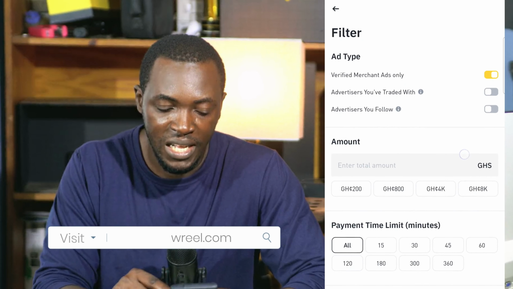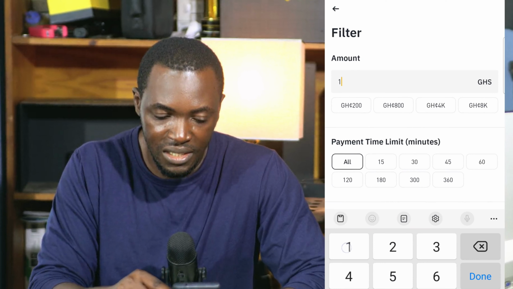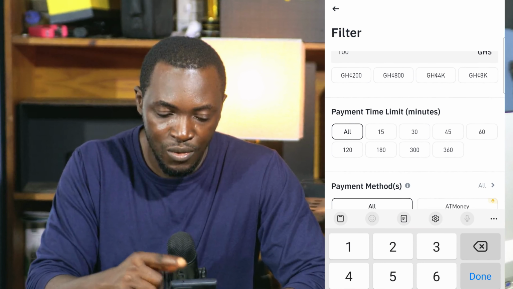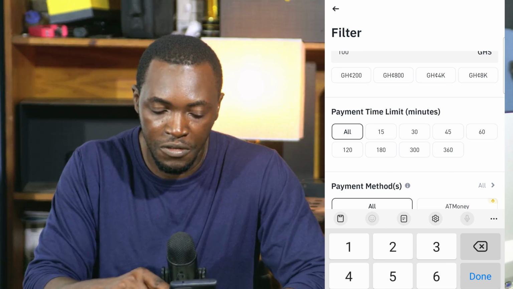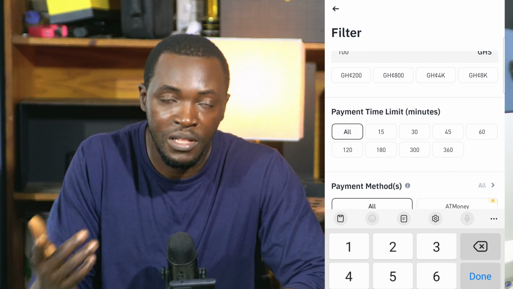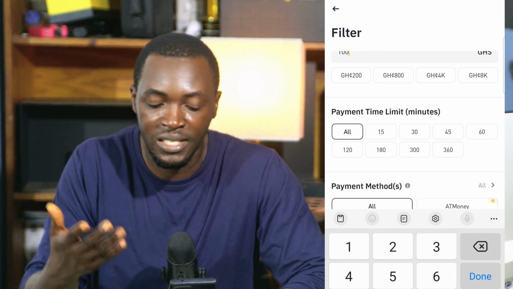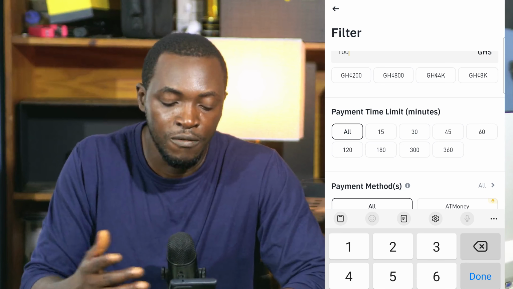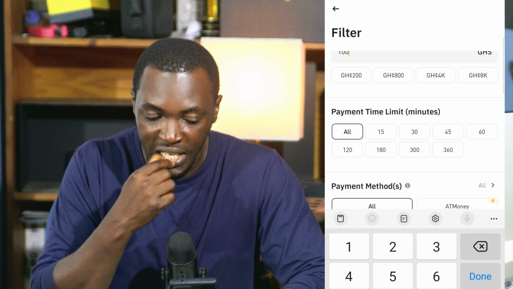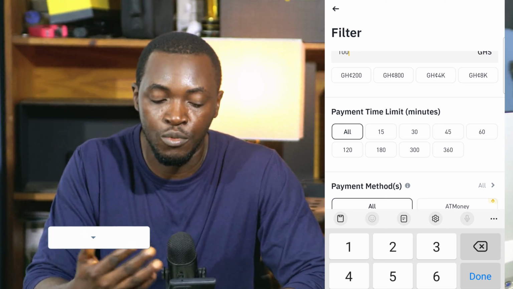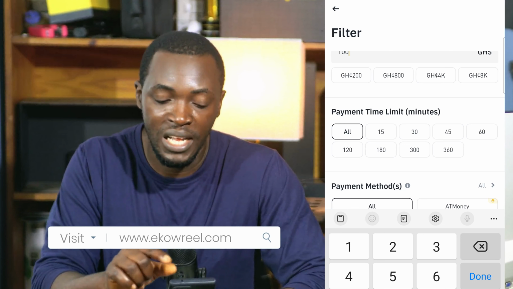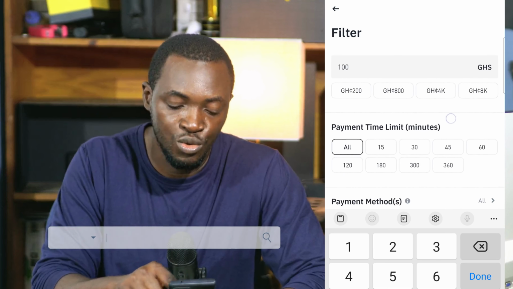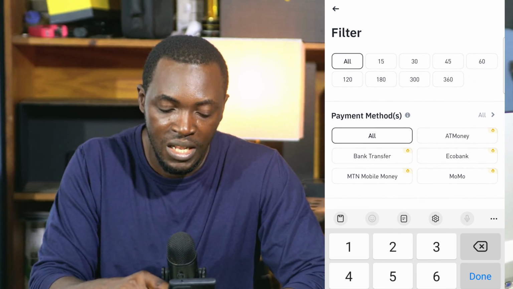Then you can say I am buying 100 Cs. You want a person who can transact within 15 minutes, or you can select all. Maybe the person's not around, so you can choose 30 minutes or 45 minutes as a payment time limit. To broaden our chances of getting a lot of people who want to sell to us within that amount, let's choose all. And for the payment method, let's choose